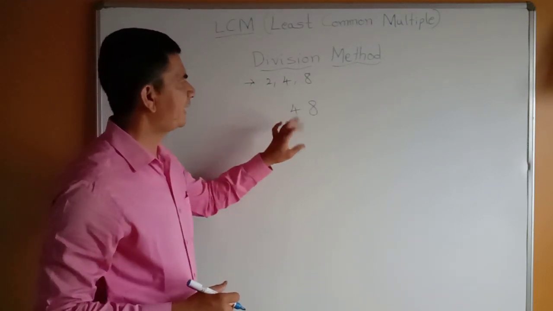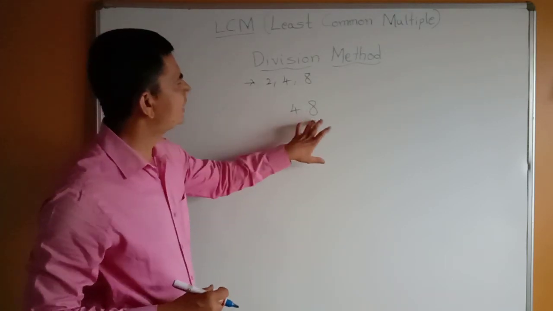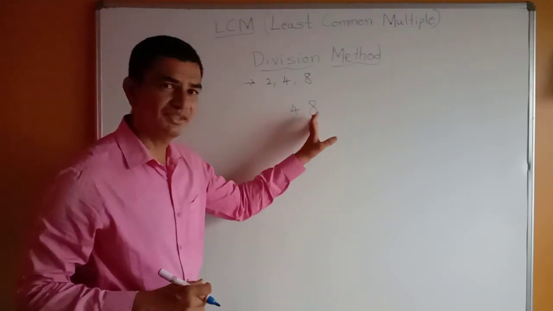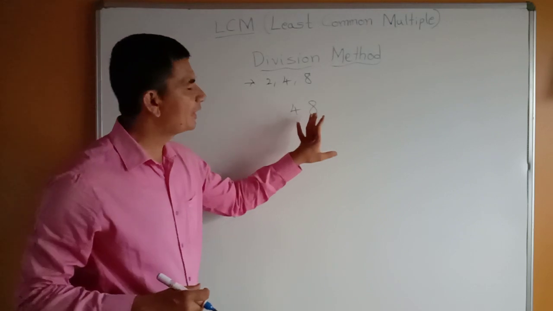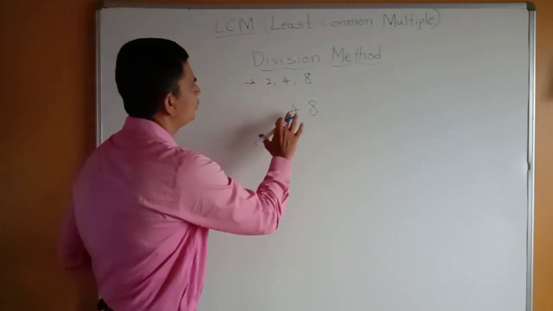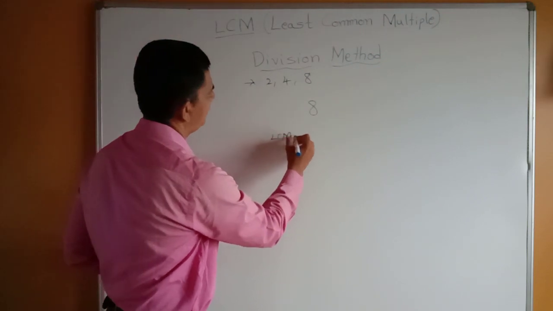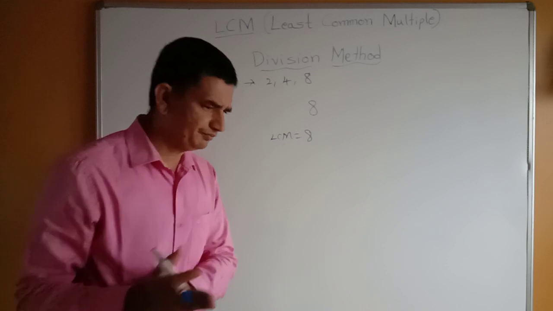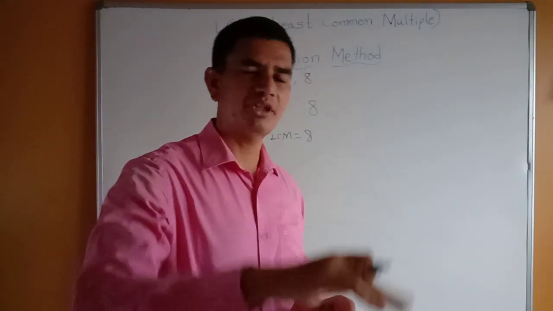because from 2 we can divide 4 and 8, no? For that reason we have to remove it. And again we have to compare these numbers. Is this number a factor of this? Means from 4, is it divisible? Yes, it is divisible. So we can remove 4 also. The LCM is 8. This is for your knowledge, but I refer you to follow the prime factorization method only.